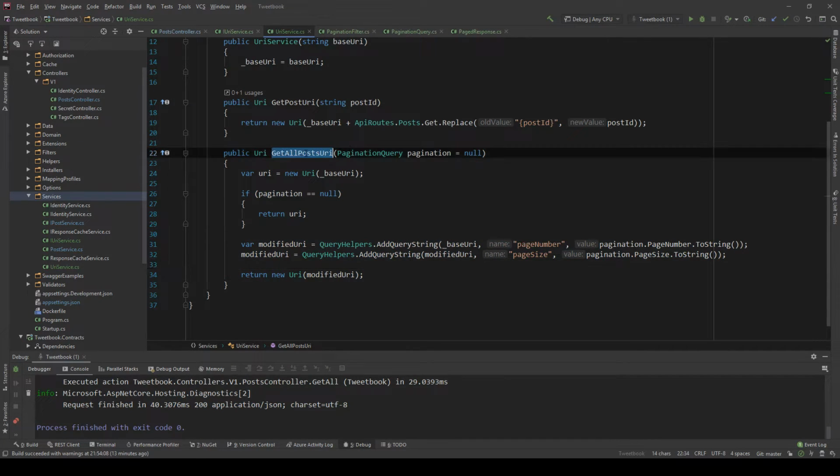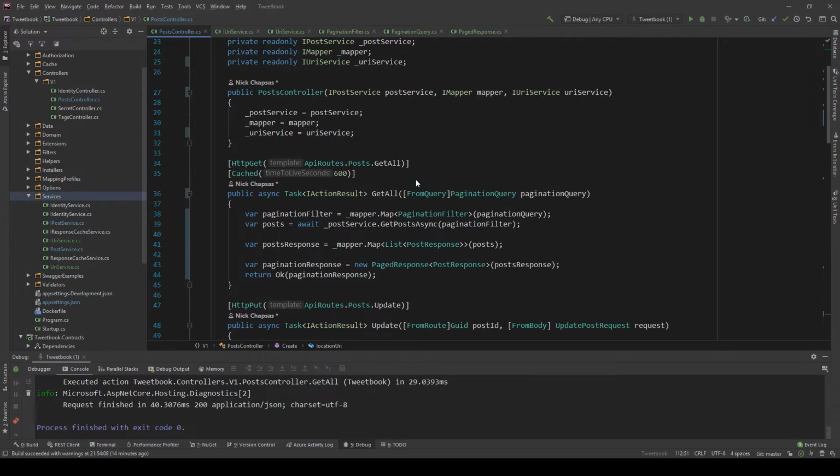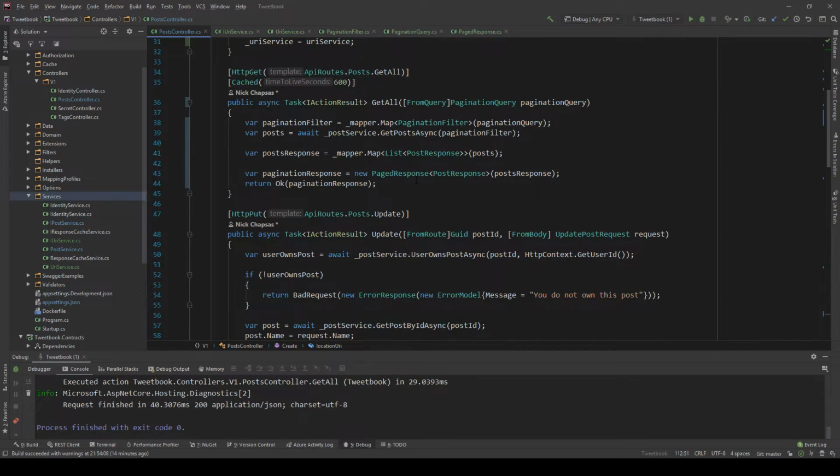So we have something that can generate this URI based on the pagination filter, which is awesome because we are actually going to use it now to generate the next and previous URIs. The way to do this is very, very easy. So let's see what we got here. We have the pagination filter, we have the posts, and what we want to do now is we're going to